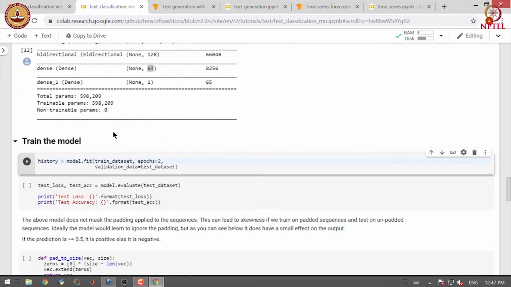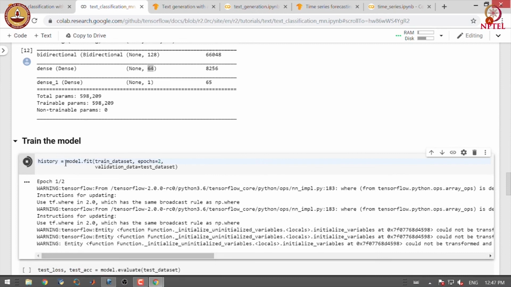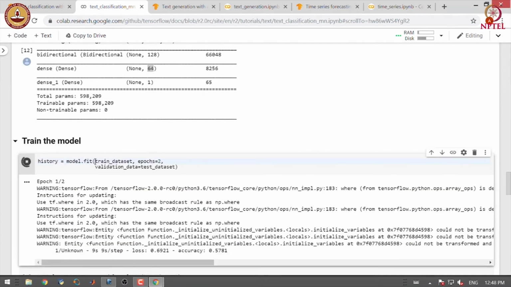After setting up the model, we will train the model for a few epochs so that we get to experience the output, and we store the progress of the model in the history object so that we can later plot how the training progressed.